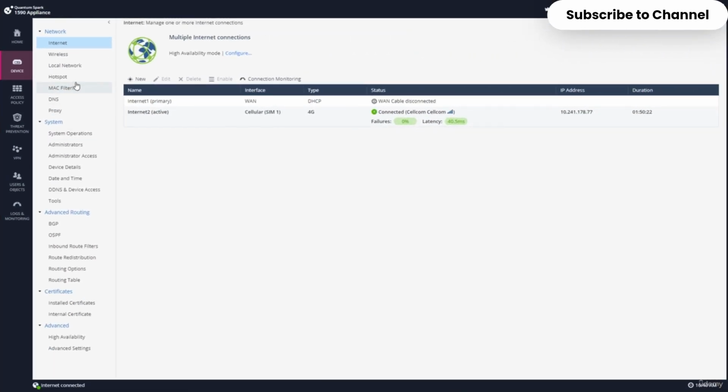Back on my appliance, from the device internet, I can see the external interfaces. In this case, I have two. One is connected directly to WAN, and the other one is connected over cellular using a SIM card. I can see one of them is connected and active, the other one is disconnected. If I go to local network,